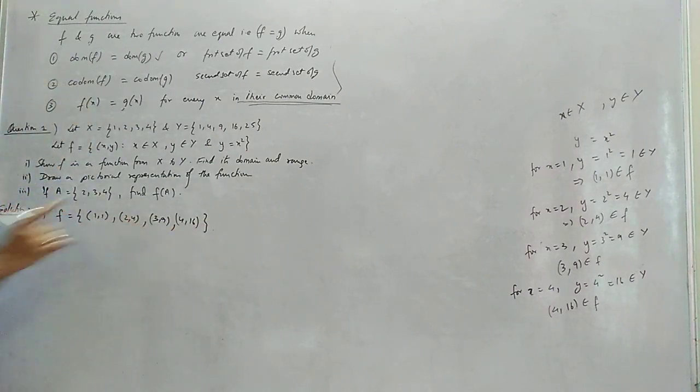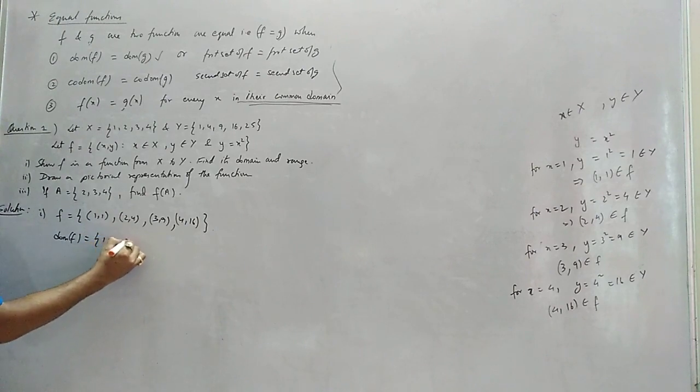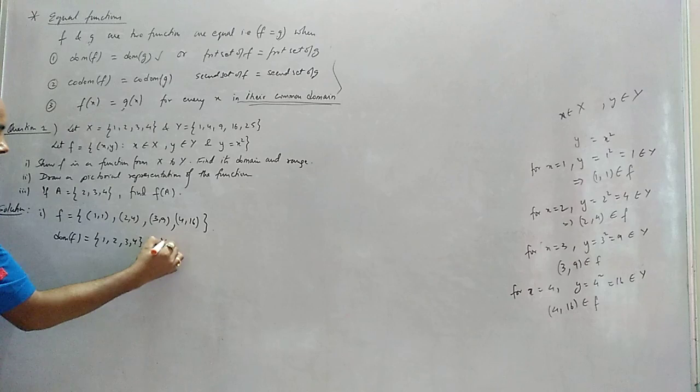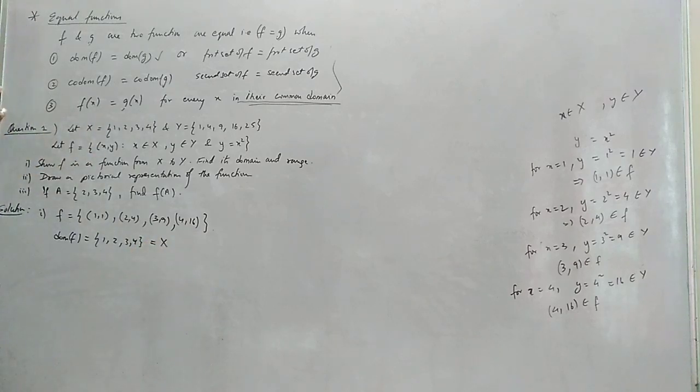Okay, f आ गया. Now from here we need to check two conditions. First condition, what is domain of f? First element 1, 2, 3, 4. So domain of f equals to whole first set. देखो फर्स्ट कंडीशन सेटिस्फाई हो गया ना. That was the first condition: domain of the relation should be equal to the first set. आगे नेक्स्ट. क्लियर.